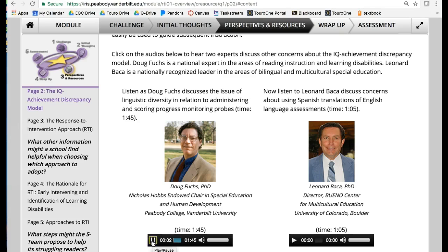A lot of people have raised concerns about the validity of IQ achievement discrepancy. First, there's lots of ways of thinking about intelligence not captured by or explored by IQ tests. Second, IQ and academic achievement are presumed to be independent by IQ achievement discrepancy, but in fact are often not